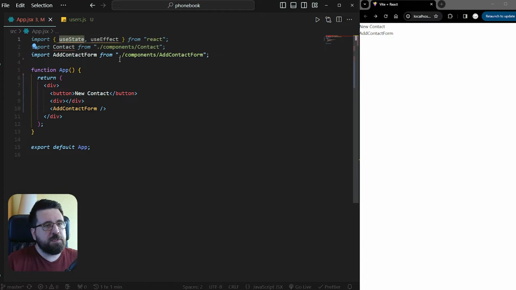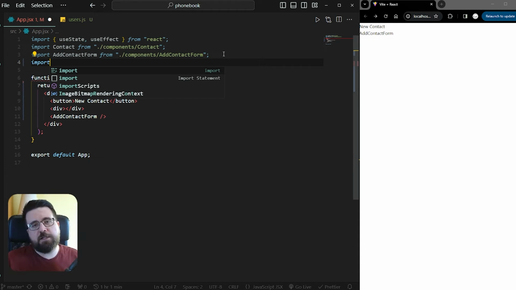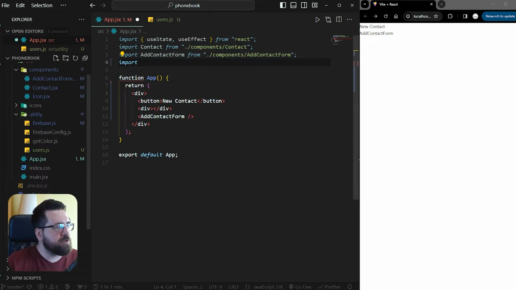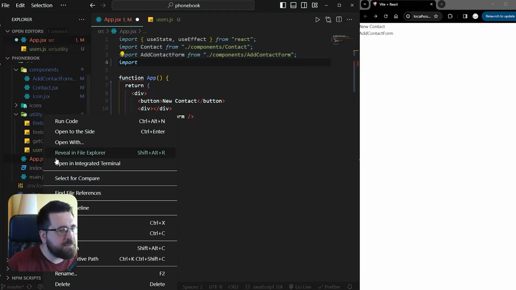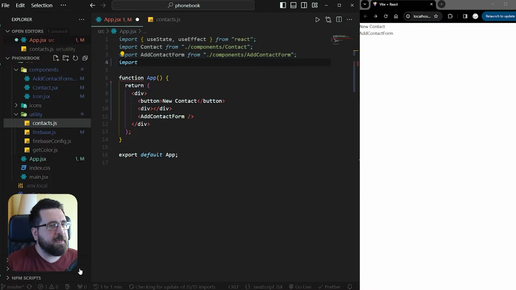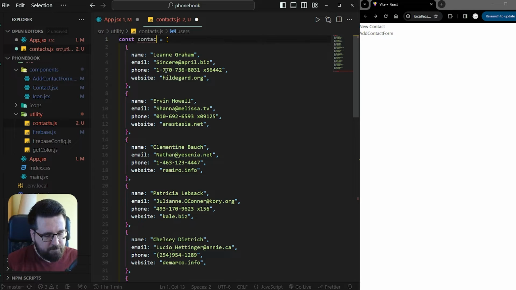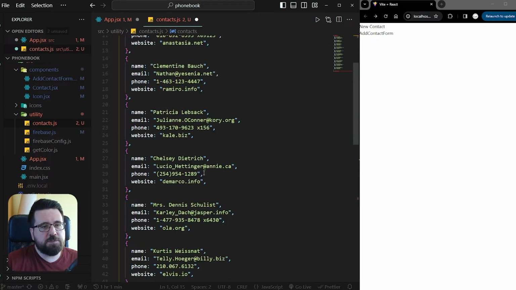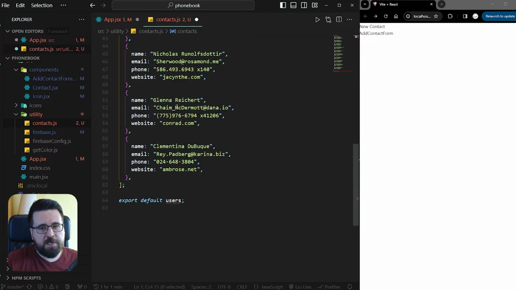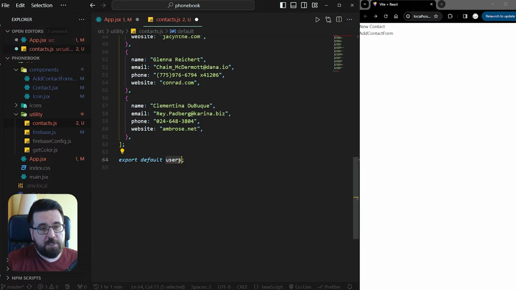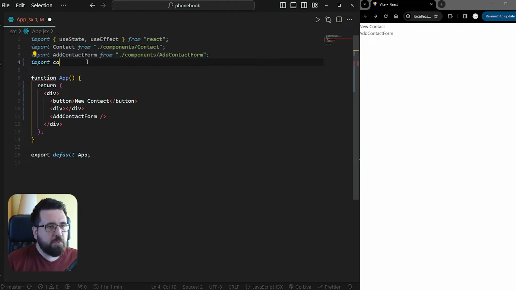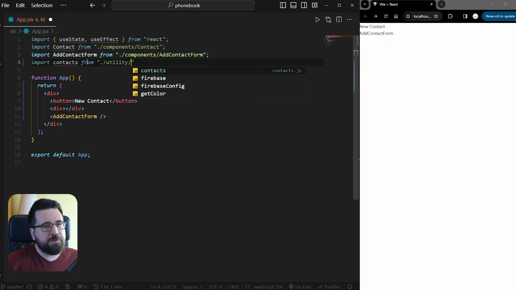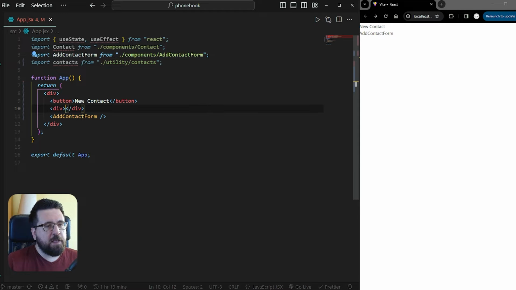So now we are going to import our contacts. Yeah, I guess the file is called users, but it should be called contacts. So let's rename it. So contacts, and in there, contacts. It's named users because I used an API to get these, and in the API they are called users. So we are going to import contacts from utility contacts, and we are going to map through them